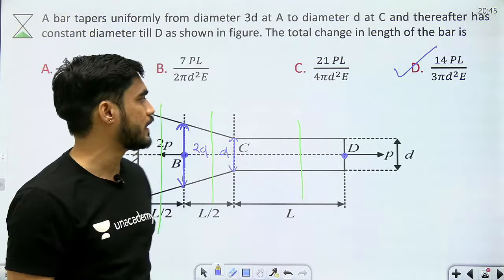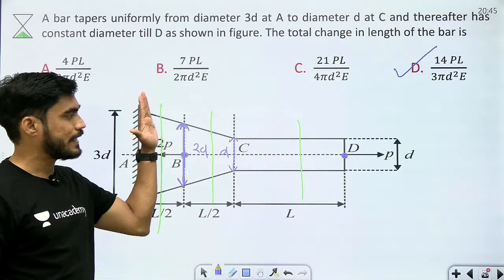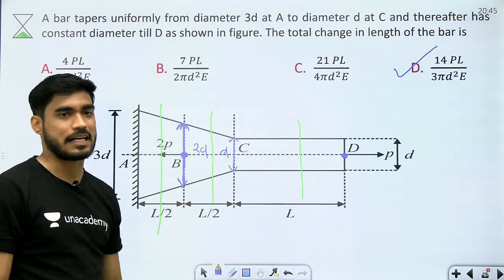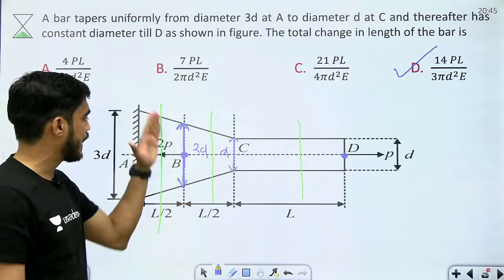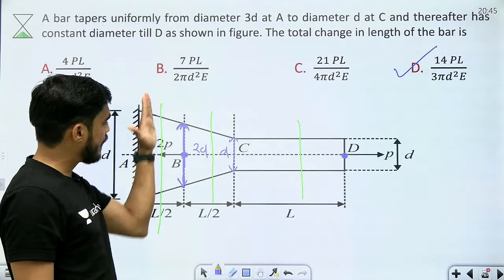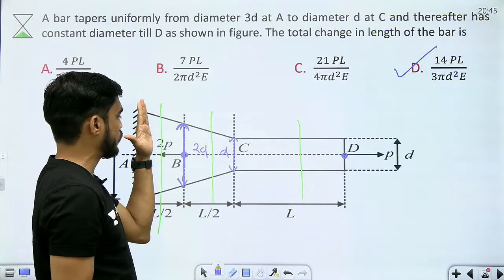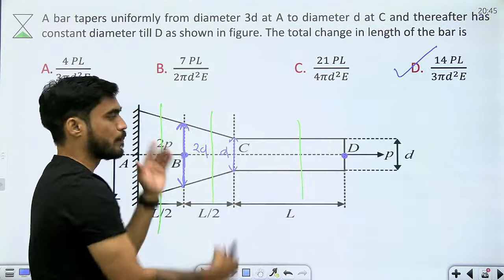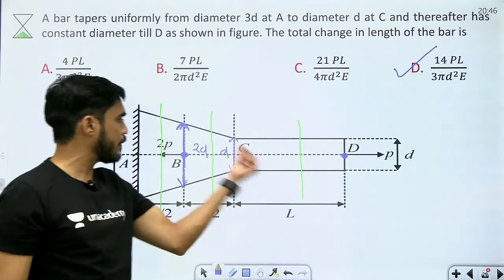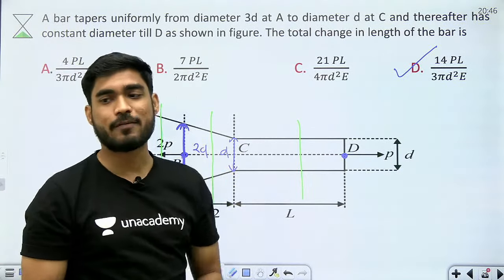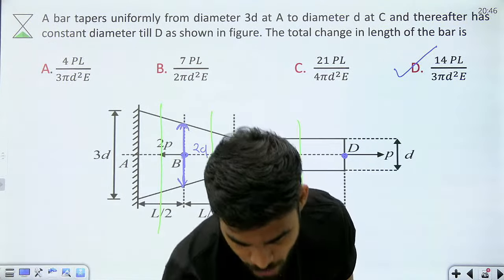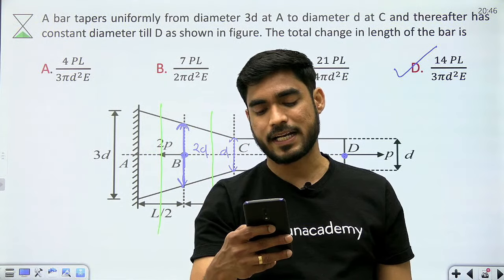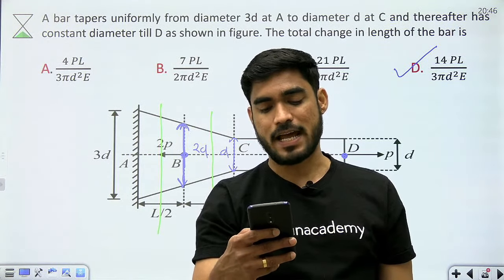And still if you don't understand why there will be a minus p here, then how am I supposed to go further in the class? आगे के सवाल कैसे करेंगे? Clearly you can see that if I take a section, there are two forces on the right side, 2p and p. P is tensile, 2p is compressive, so it will be p minus 2p. How many times do I need to repeat this simple concept? कितने बार और आपको यहाँ पे इस कॉन्सेप्ट को रिपीट करके बताना पड़ेगा? How many times?